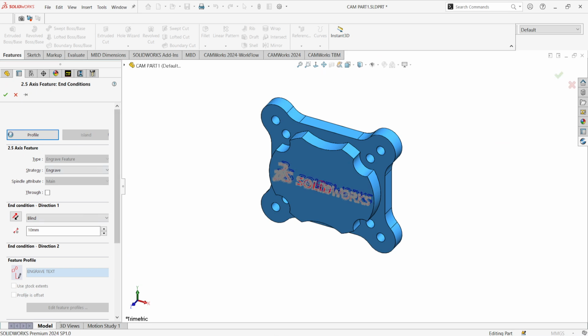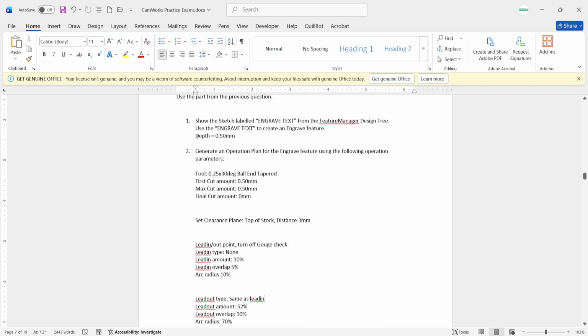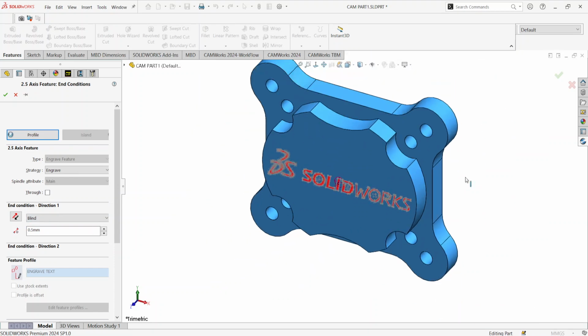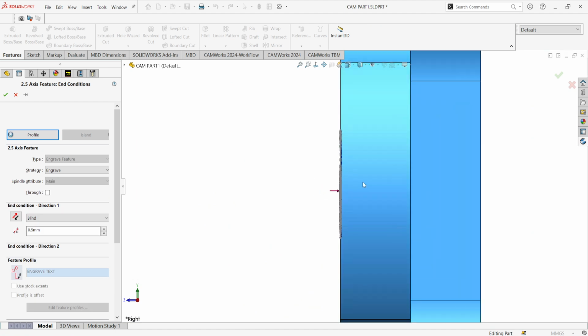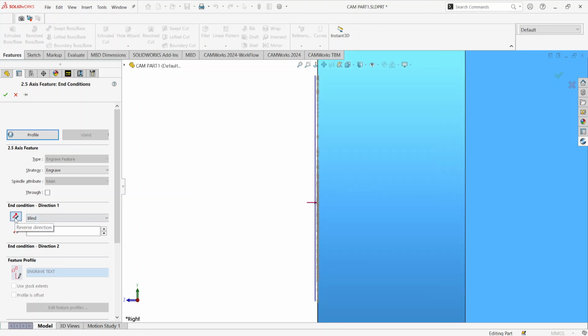So the end condition in the question is the depth, which is 0.50 millimeters. So 0.5. The depth is actually the depth of this engraved feature. You see here, the direction of the blind is also important. It has to go inside, not outside, so inside. Okay,